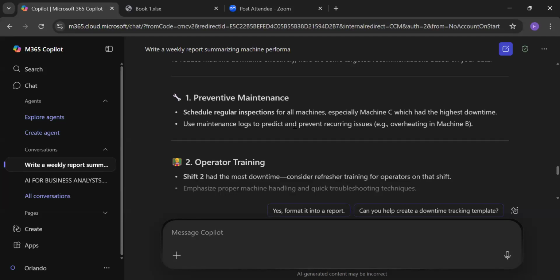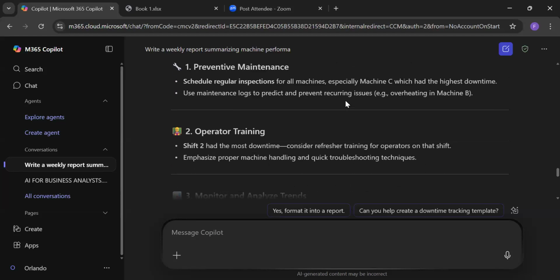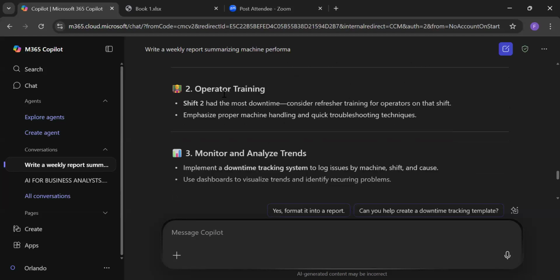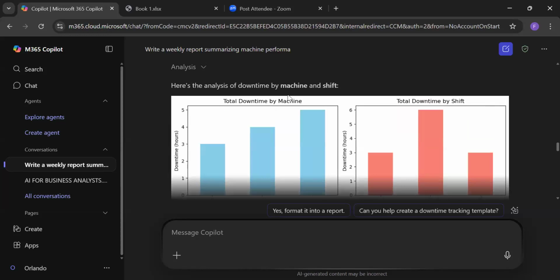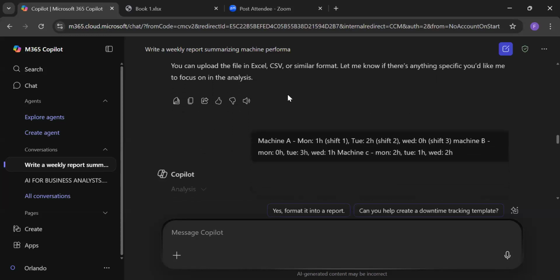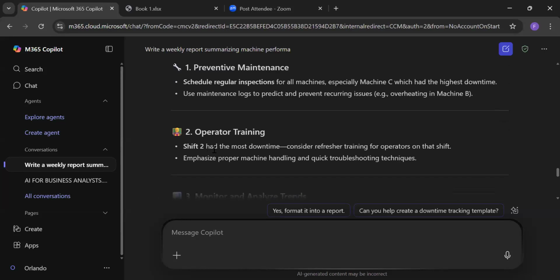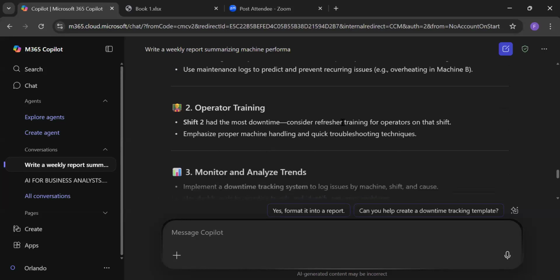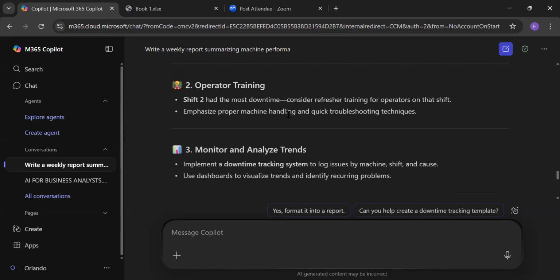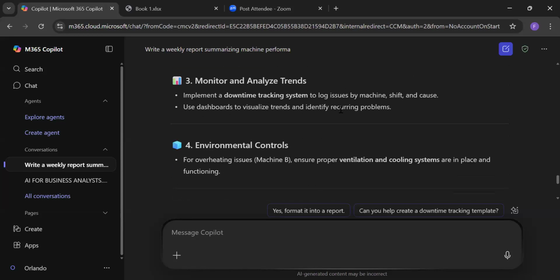Use machine logs to predict and prevent recurring issues like overheating. We can also train operators, because one of the issues that were raised was operator error. By giving them training, you can also solve that problem.